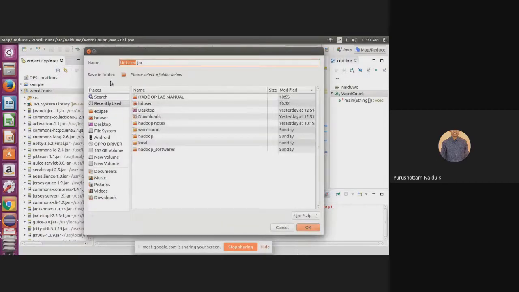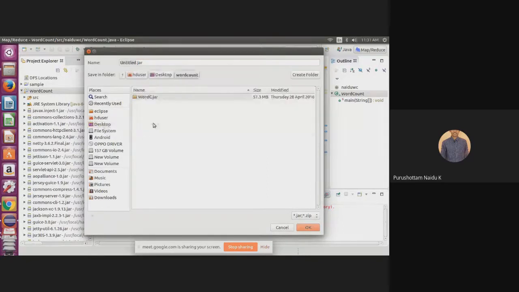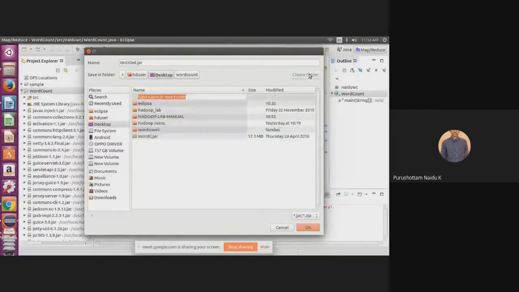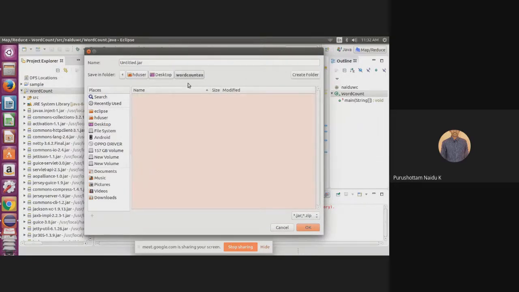I am exporting to the desktop. For example, on the desktop I create one folder and give it a name, for example word count example. On this word count example folder, I will store it.